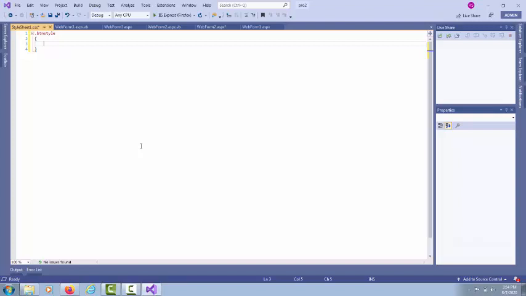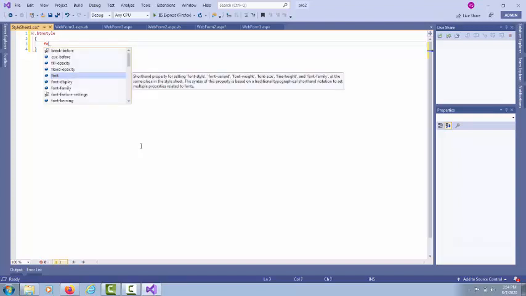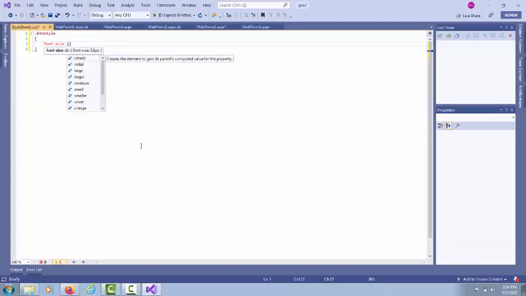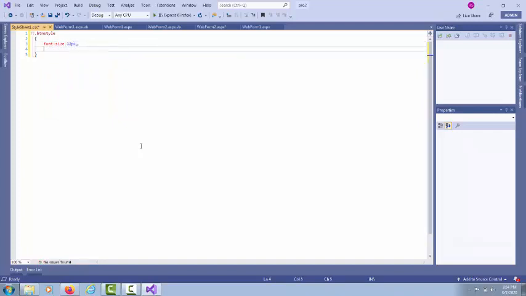Now in this you can apply the styles: font weight, and font size, say 12 pixels, and then background color.